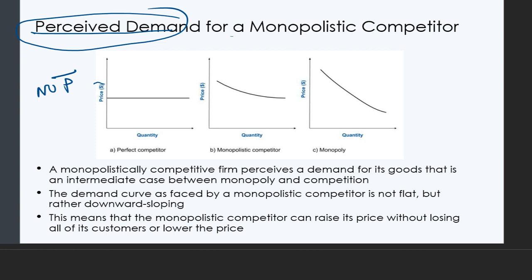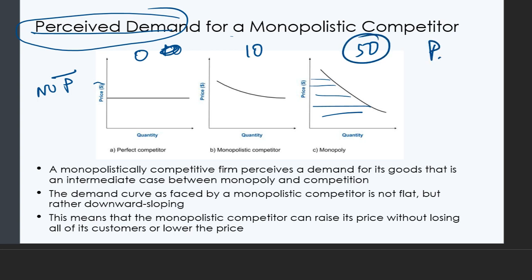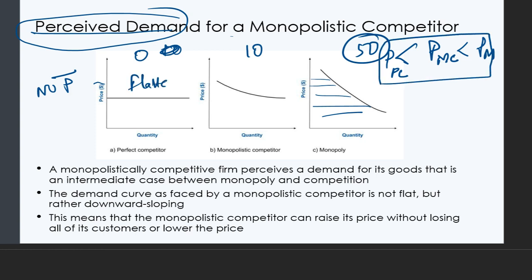In monopoly, price is entirely in their hands, so they can change it according to any quantity. But here they have power, though less. If the power of a perfectly competitive firm is 0, and a monopolist's is, say, 50, then monopolistic competition is in between. So the power of monopolistic competition is less than a monopolist and greater than a perfectly competitive market. This is the power ranking structure. That's why this is the flattest line, and here we have a steeper line. Okay. So this is all about this part.